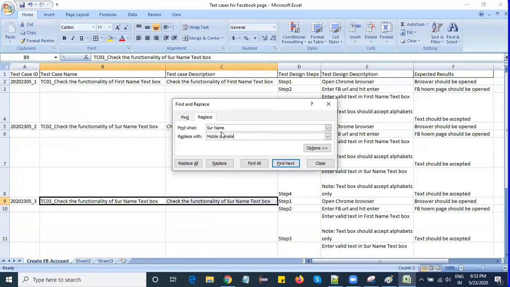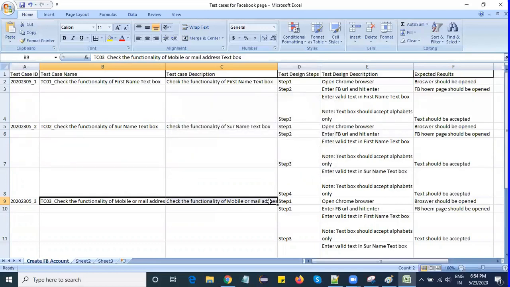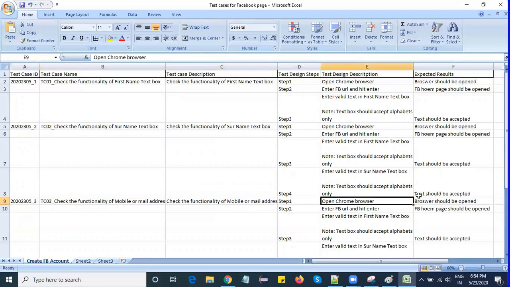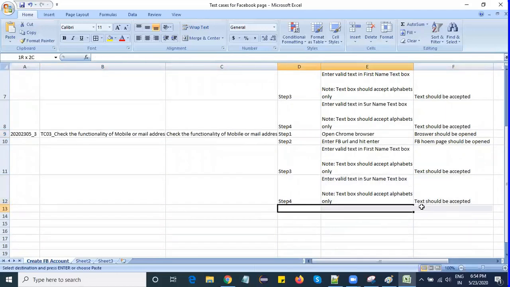I'll write mail address here. Same. Check the functionality of mobile or mail ID text box. Same here. Come here, and I'll reuse these things.